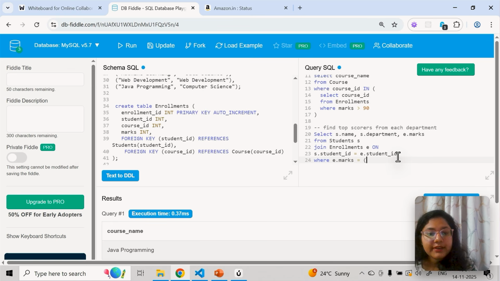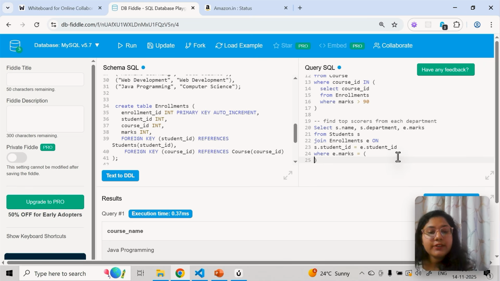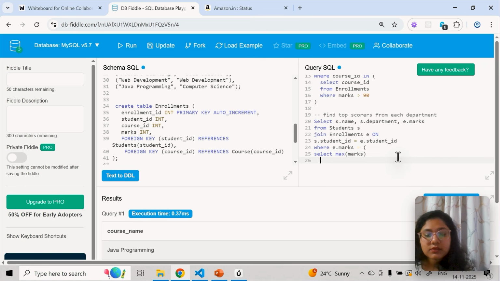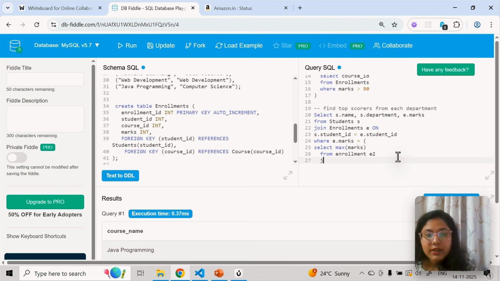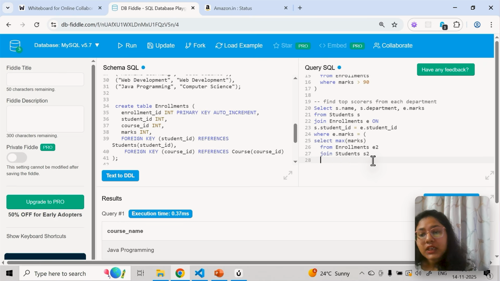Okay, here I'll write a subquery: select max marks, so the students with the maximum marks from the enrollment table. Since I've already used enrollment, I'll keep it as E2. Again I'll do join students S2, because I'm trying to get the students here who have joined.